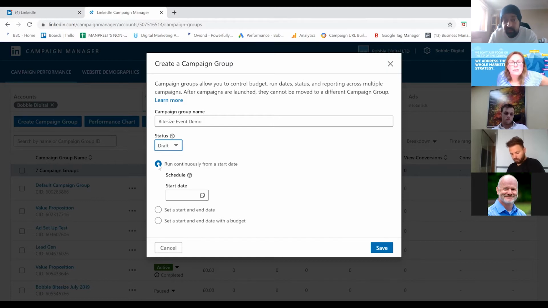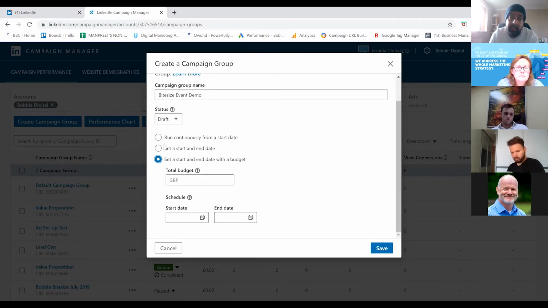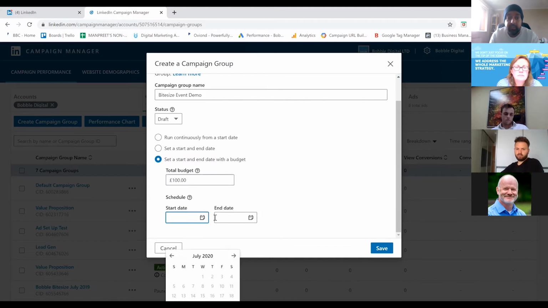You can run it continuously from a start date. You can run it from a start date to an end date, or start date and an end date with a budget in mind. If you've got a budget in mind, that means you won't run more than that total budget across that specific campaign. So let's say we're only going to put £100 in. It's going to start,